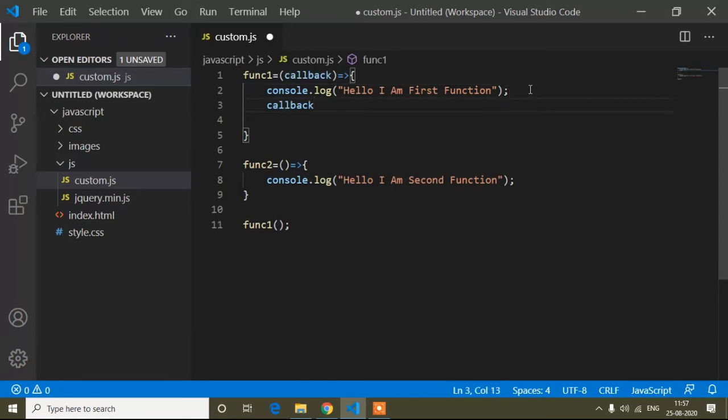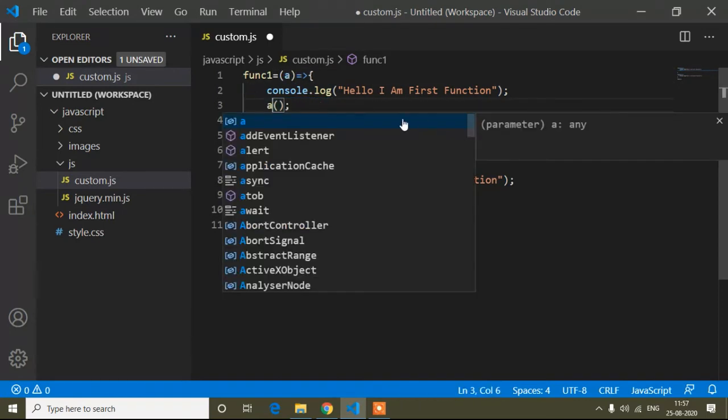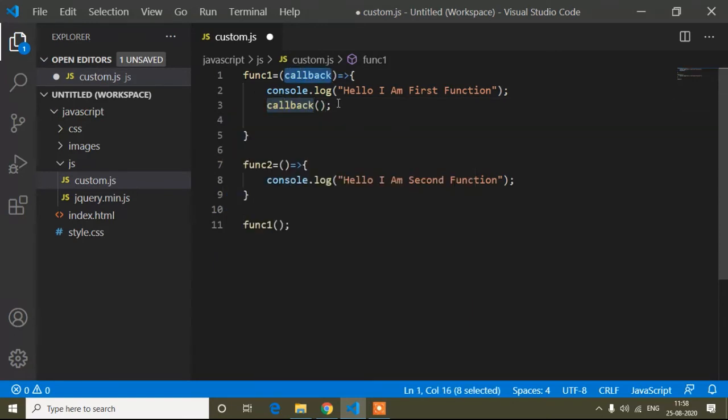So here if I write callback, and I will pass this parameter as a function. So callback is the function because I pass this callback parameter here as a function. Here you can write A, and you pass here A also, but I will write here callback.